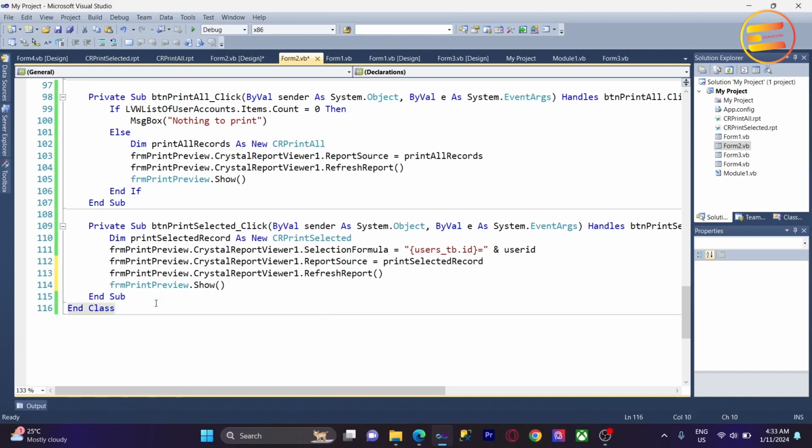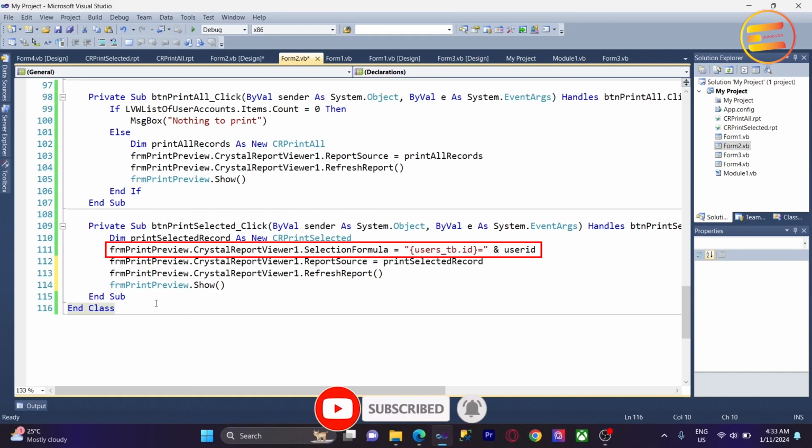Here's a breakdown of what each part does. This line creates a new instance of a Crystal Report class named CR_print_selected. CrystalReportViewer1.SelectionFormula equals